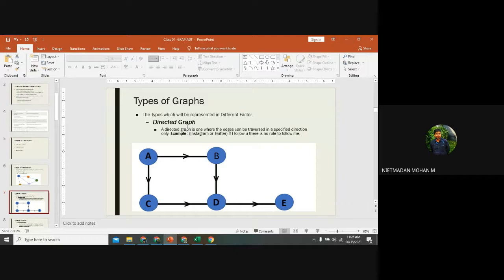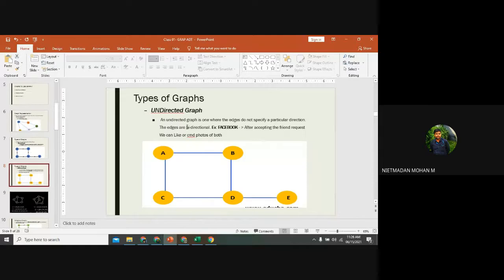Yes, sir. I am giving an input. There is no need whether you want to receive it or not. Anyhow, I am going to give an input. That's the thing. That is a directed graph. This is the best example that I have ever given to you. So that is a directed graph.